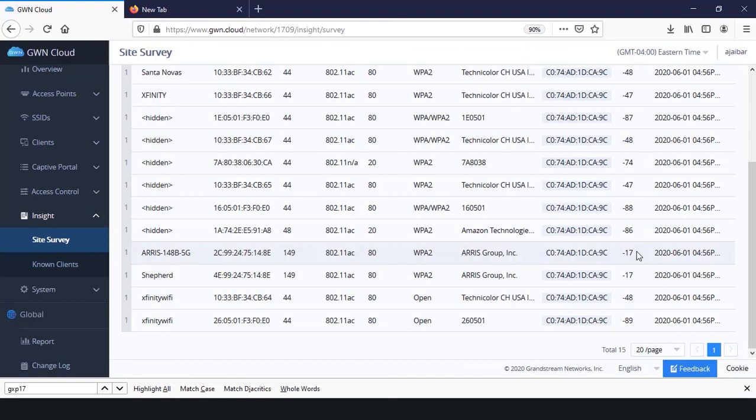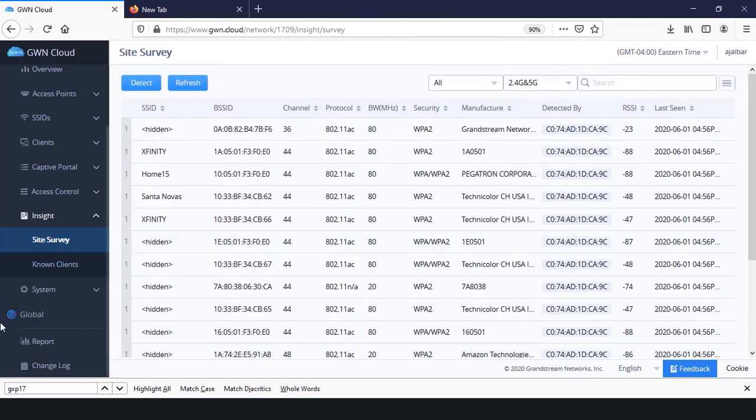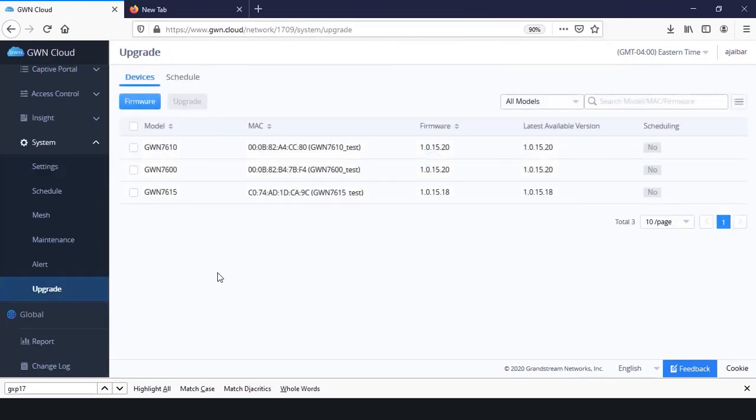So in that case, either I need to adjust the radio power of these two access points or one access point, or I can just take my access point and place it somewhere else that is not close to these two SSIDs. You can also use the GWN Cloud interface to upgrade the phones remotely using the centralized